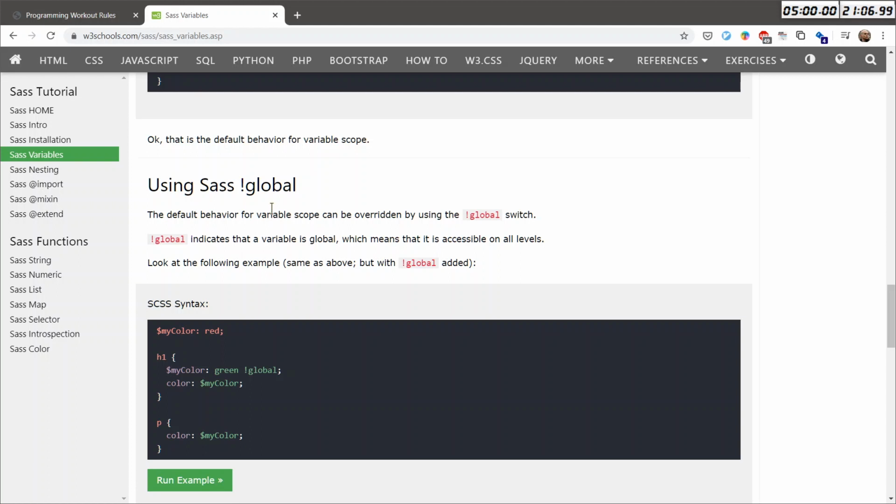Interesting. So what is this? The default behavior for variable scope can be overridden by using the global switch. Global indicates that the variable is global, which means that it is accessible on all levels. Look at the following. Okay, so